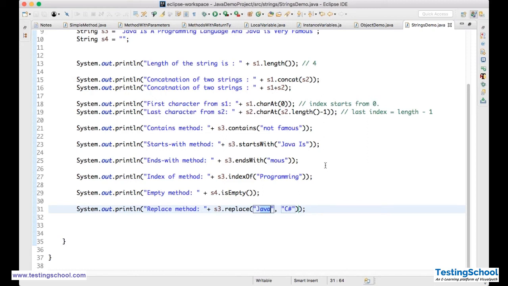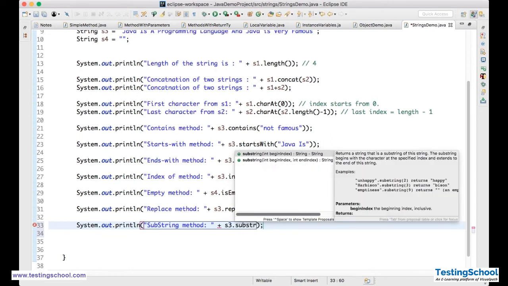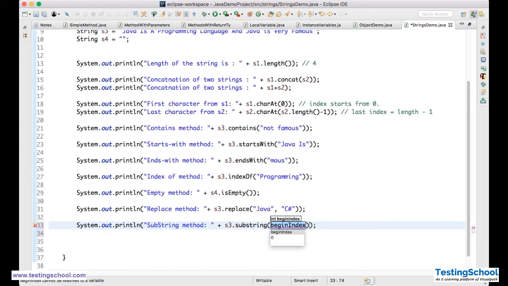Right. So now I will take one more, the substring method. S3 dot substring of int begin index. I want it from the 5th position. I want to get the substring from the begin index.